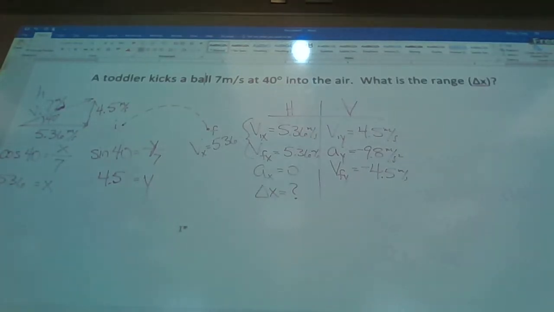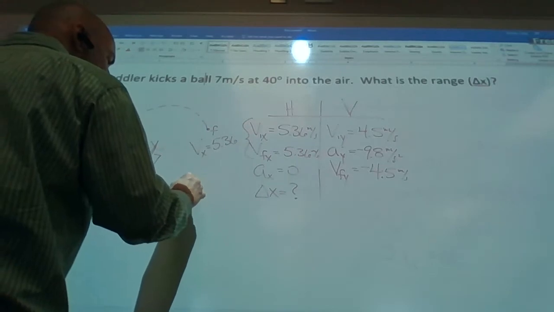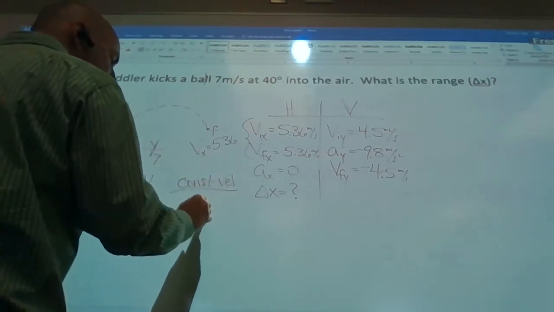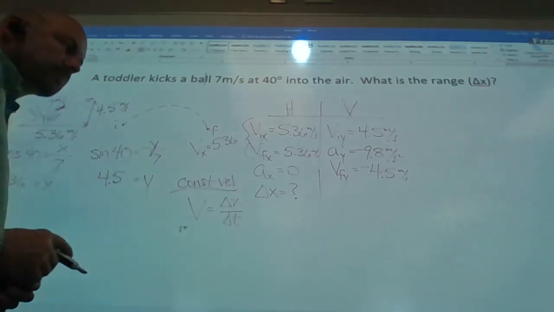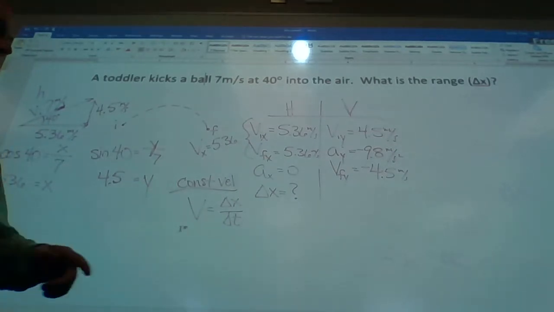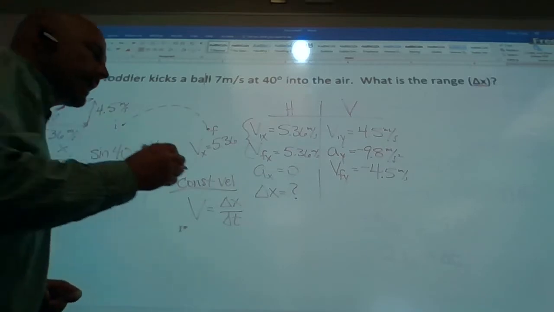Okay. Personally, this is just my preference. If I'm looking for something in a horizontal direction, I know it's moving at a constant velocity. So I'm going to use the constant velocity equation. But my problem is I don't have time. Time, however,